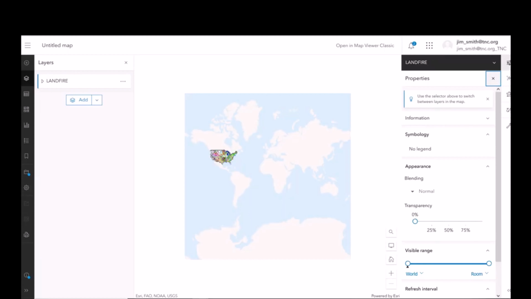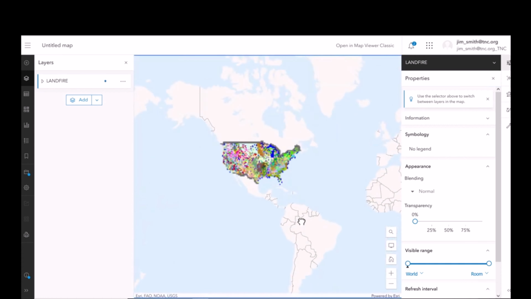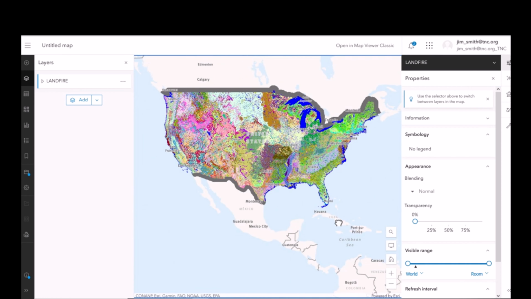Now you'll need to navigate because ArcGIS Online opens up in a global view. So we'll navigate to the area of interest, and you'll see here I do see LANDFIRE Biophysical Settings with the properties over here on the right. Again, ArcGIS Online option showing the BPS layer from LANDFIRE 2020. I'm going to remove this layer